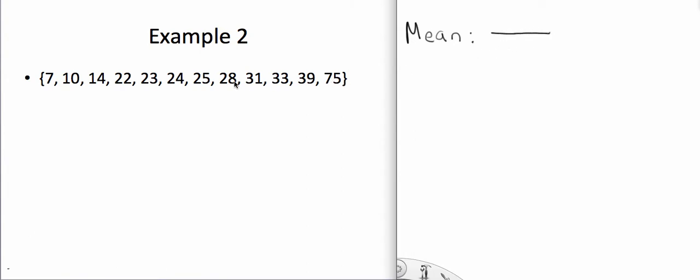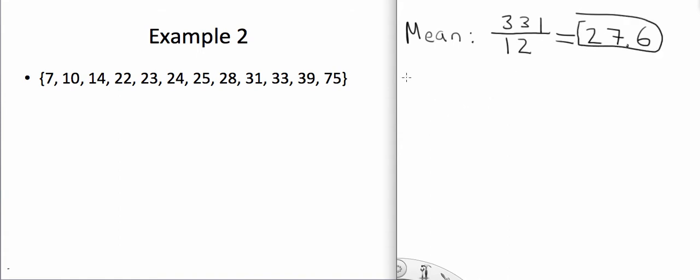We've got 1, 2, 3, 4, 5, 6, 7, 8, 9, 10, 11, 12. Okay, so we've got 12 numbers that I'm going to divide. When I added all these numbers up, I got an answer of 331, and I had someone check that for me, so I'm pretty sure it was right. And so when I divide that, I got an answer of 27.6. Okay, there was a whole bunch of other numbers. I rounded to what we call the tenths place, so I rounded to that number and got an answer of